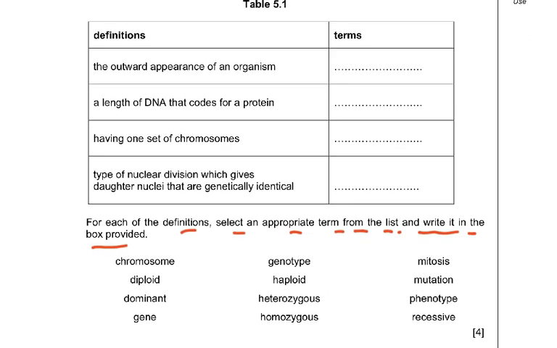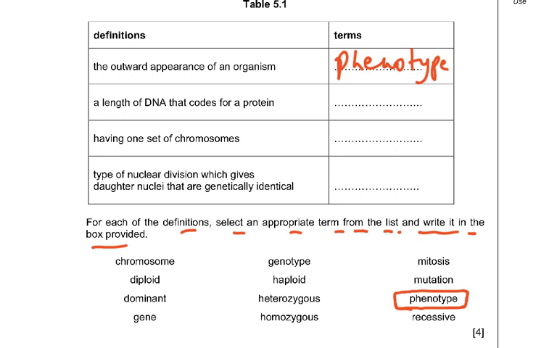So you have to do this. The outward appearance of an organism, I always say to remember it as pH, physical appearance. So phenotype, we say this is a brown, this is a black furred rabbit, this is a white furred rabbit, this is blood group B, because you can actually test somebody and say, okay, well, he's got blood group B or blood